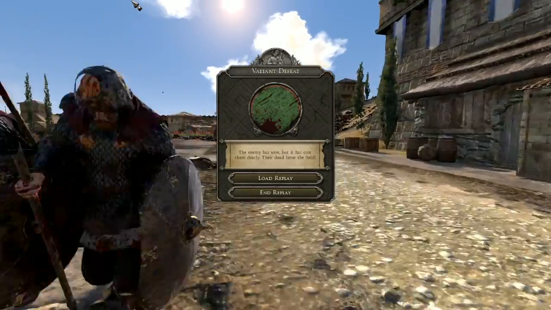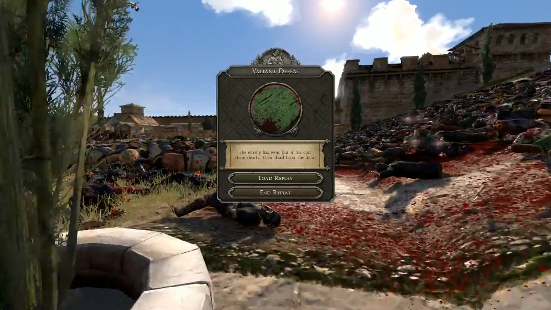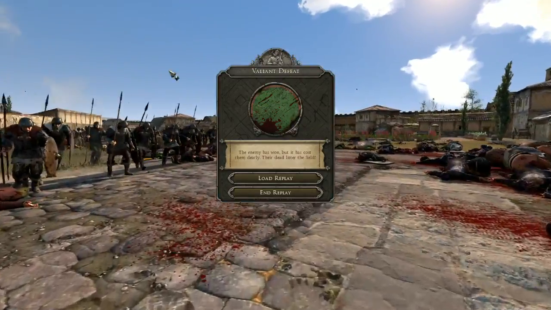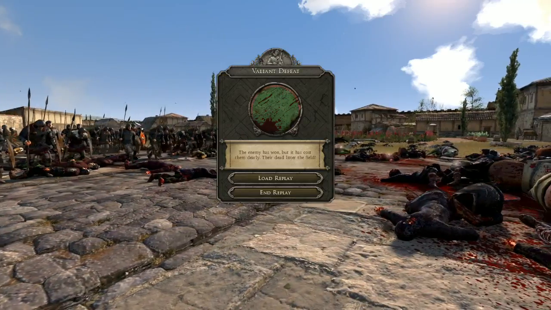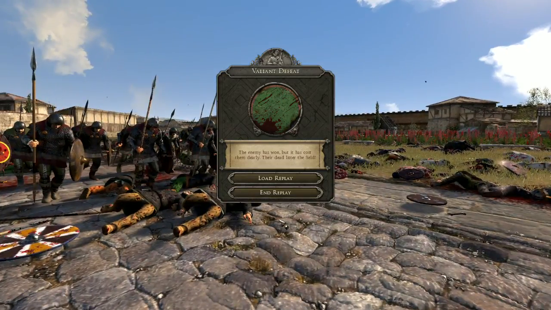I think what we saw bodes well for Age of Charlemagne. Some of the mechanics were definitely playing out well: the staying power of the units, the heavy armor of the units, the towers not being as accurate. Lots of little changes here and there that I think hold a lot of promise. Let's go ahead and end the replay